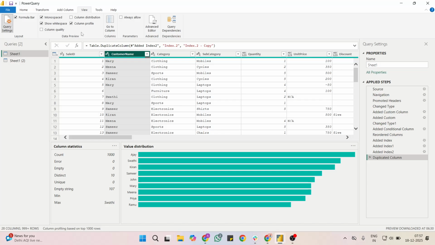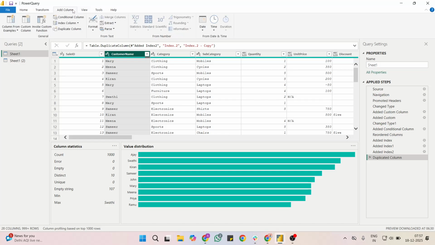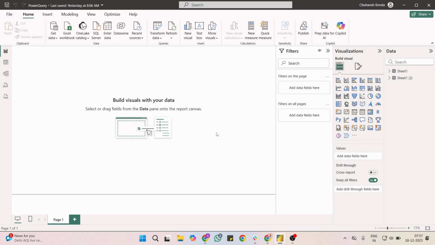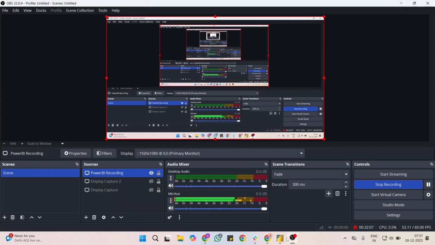Okay, so that's what the Power Query Editor is about. Tomorrow, please submit all of your Power Query Editor work. Tomorrow I'll ask you to come and execute the particular command, remove duplicate